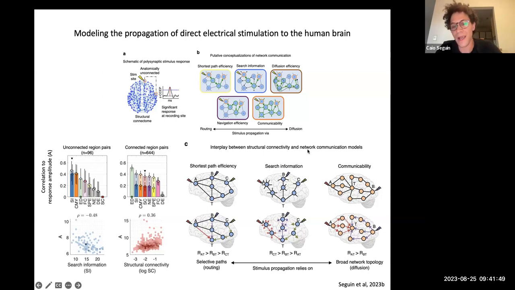Okay. Search information, on the other hand, this measure that wins, says yes, the shortest path is important, but also the local topology of connectivity along the shortest path is important. In technical terms, search information is defined as: if you send a random walker between two nodes, what is the probability that this random walker will travel by chance via the shortest path between them? So if the path is really long, this probability will drop. But it will also drop based on the connectivity of the nodes along the path.